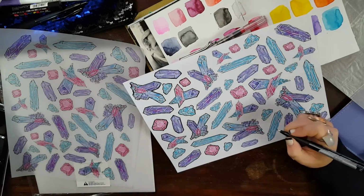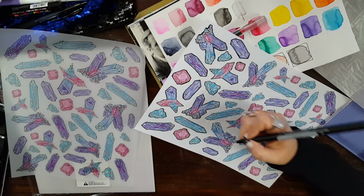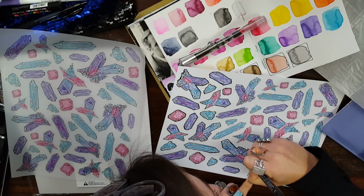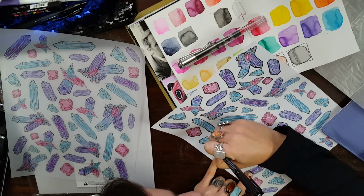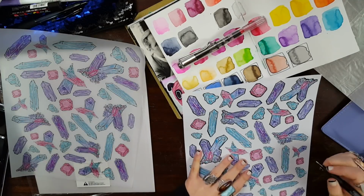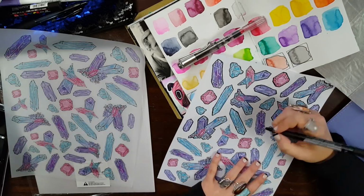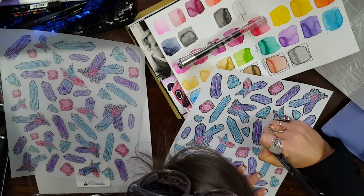But it took a lot of editing, and once I edited it all together and printed it out, I realized that the crystals didn't stand out very well because they didn't have a bold outline. It just didn't look the way that I wanted it to look. So after I digitally collaged the entire sheet together, I was like, I'm not individually fixing them and then collaging it again. That would be insane. It would take me so long. So I just printed it out,